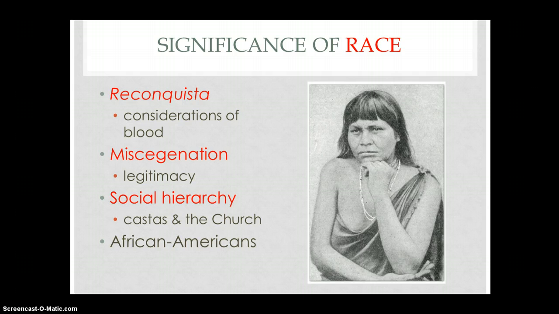Okay. So if we recall that Iberians of the Reconquista back in the Eastern Hemisphere from essentially 700 to 1500, if we recall that they were obsessed with distinctions of one's blood lineage, it's not all that surprising to note that race would play a distinctive role in shaping the new colonial society in America. Opportunities in the Americas attracted waves of new settlers. They had chances to sort of reinvent themselves, to start anew. And so coming to the Americas was very much an exciting prospect. Some of these Iberians were just opportunistic,